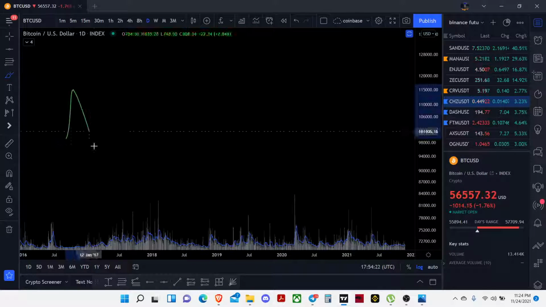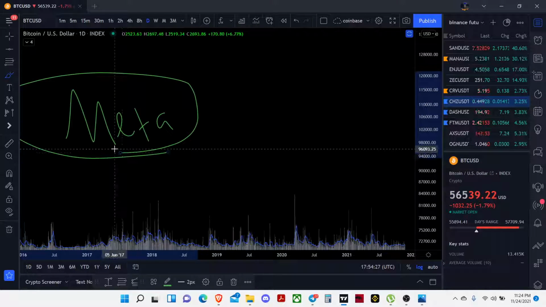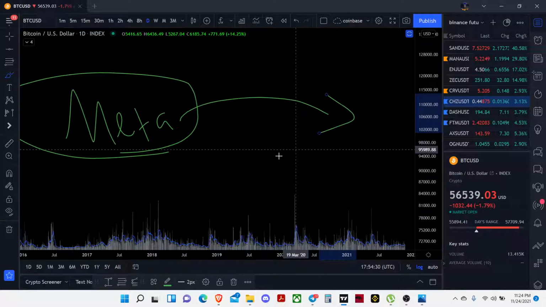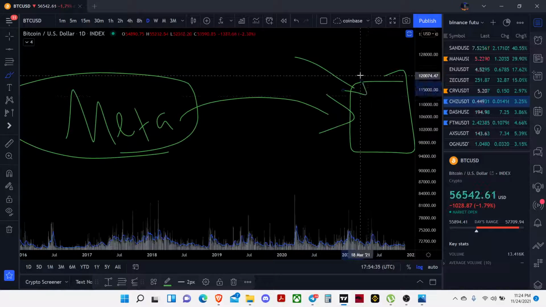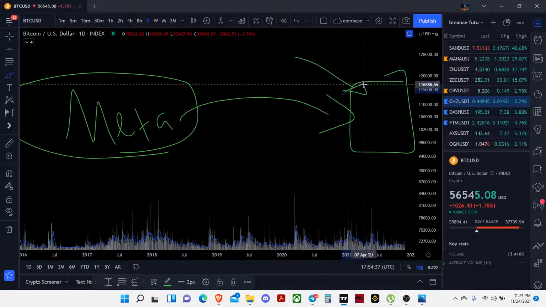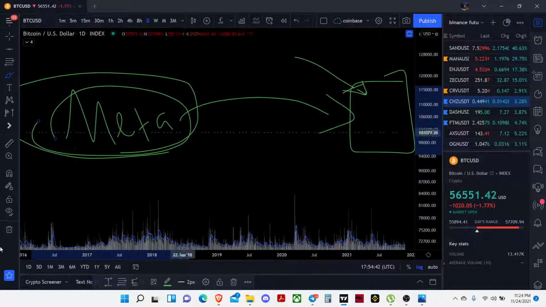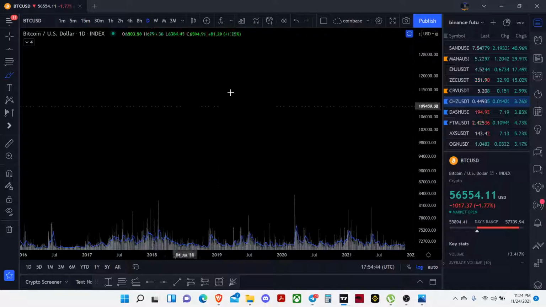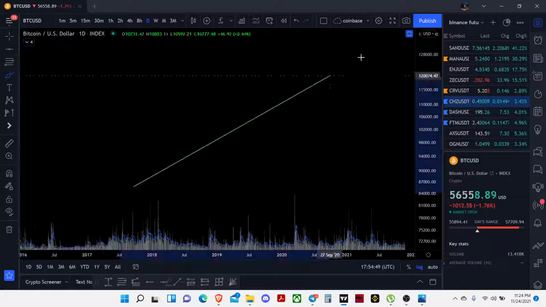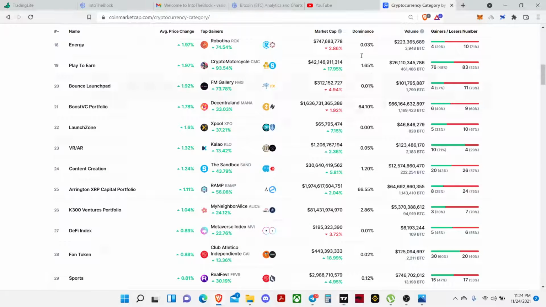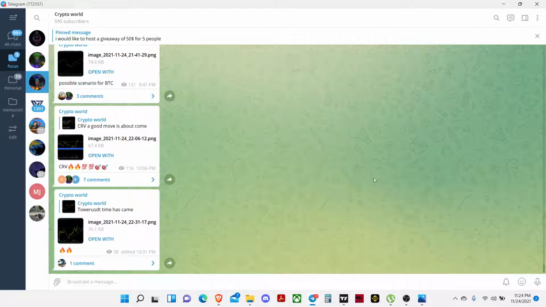So the trend right now is the metaverse, and it can be changed. Right now the meta trend could change to anything else next time. I don't even know what the next trend is, so we have to think about it. The metaverse trend is still there. There is one major call in trading: the trend is your friend until the very end. Whenever you see big trends, right now you can see the big trends over the Mana. Still, it's a Sandbox trend that hasn't broken.